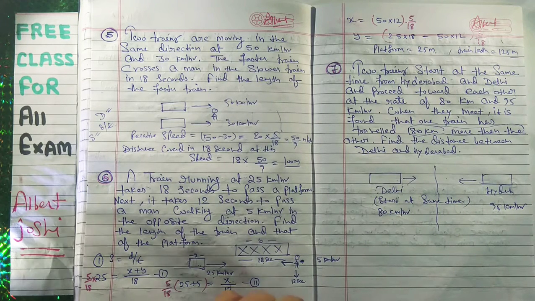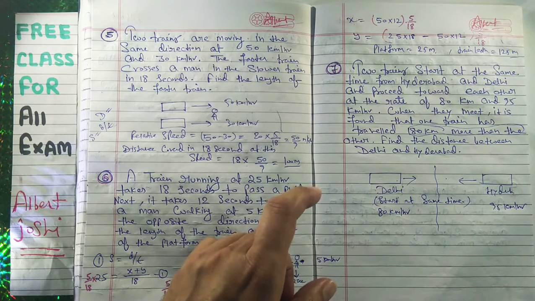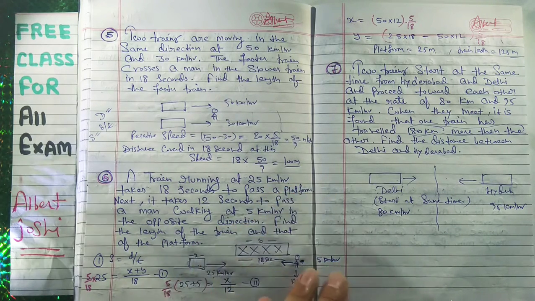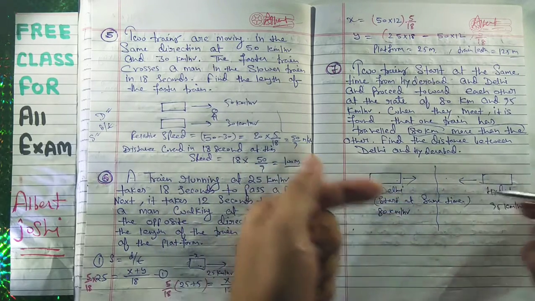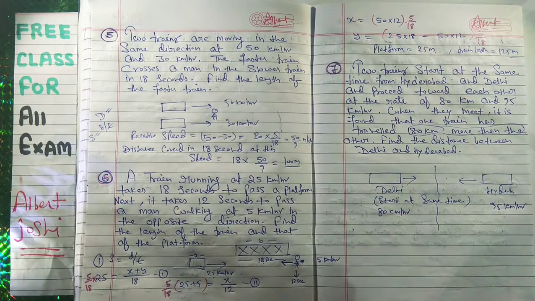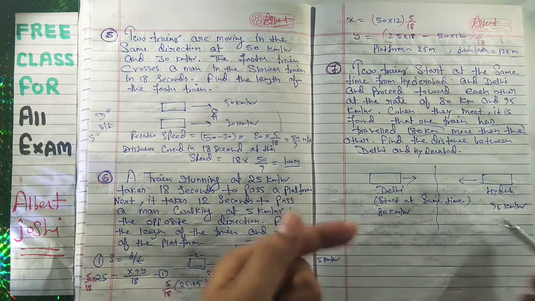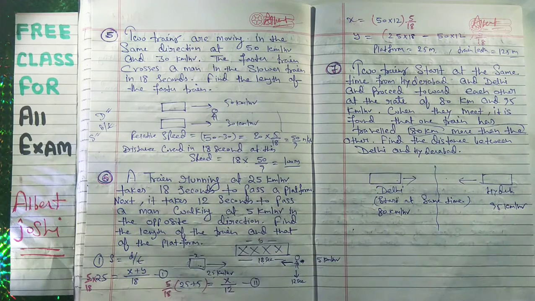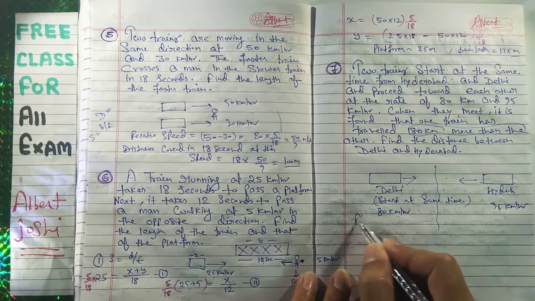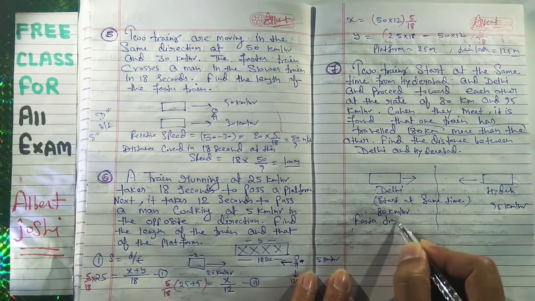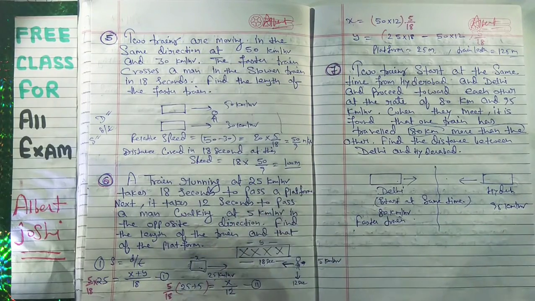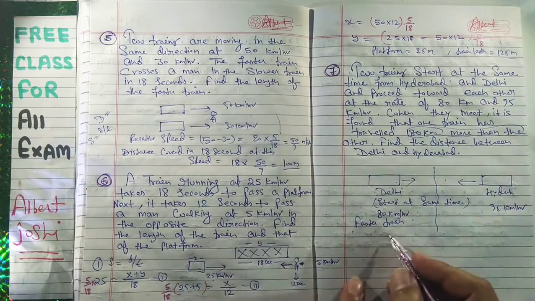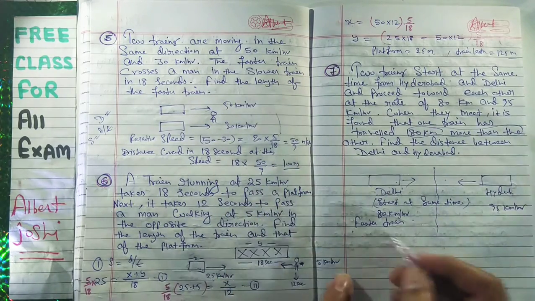Very simple question. At first you have to calculate this. Both are in opposite directions. So whenever both are in opposite directions, what will you do? They will meet. They will not cross each other. I can give you one trick. I think it will be better because this is a very famous question. You can also solve it by your own high school method. I will give you the trick.